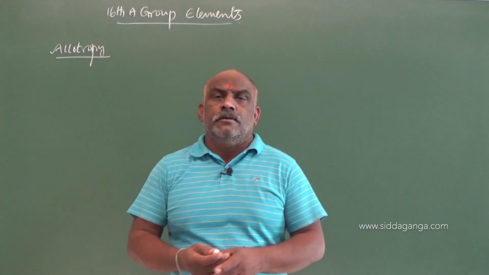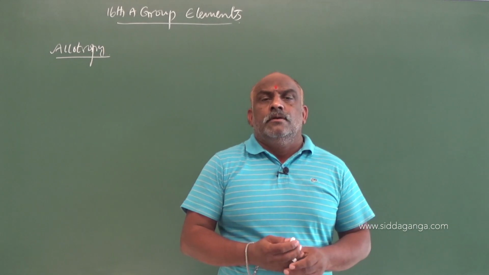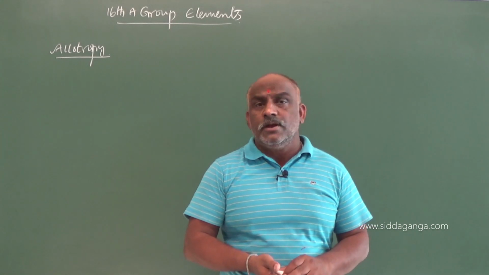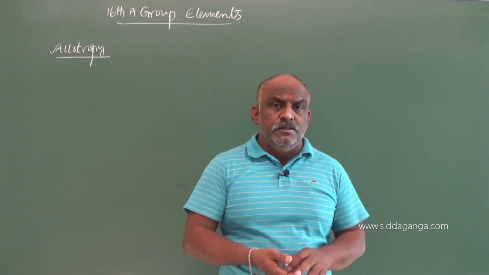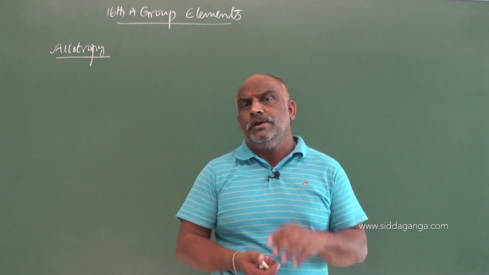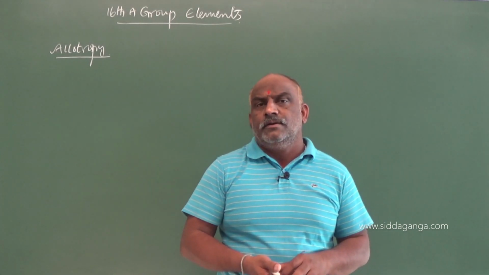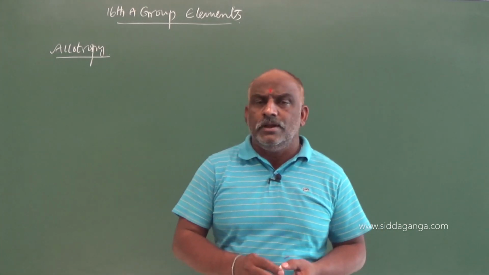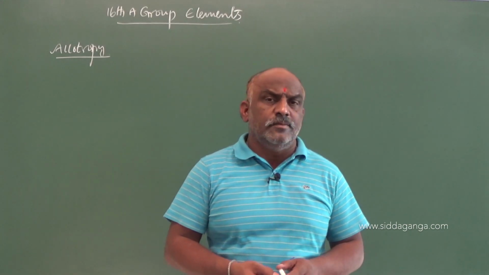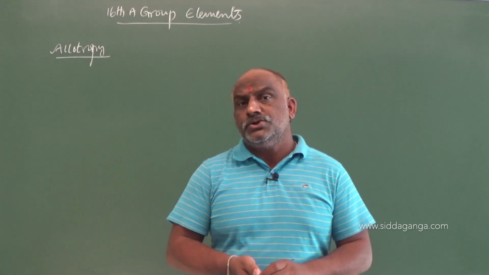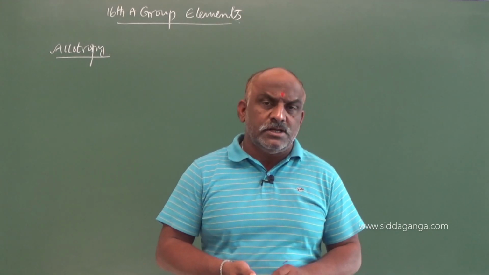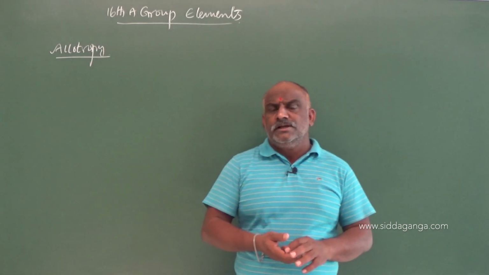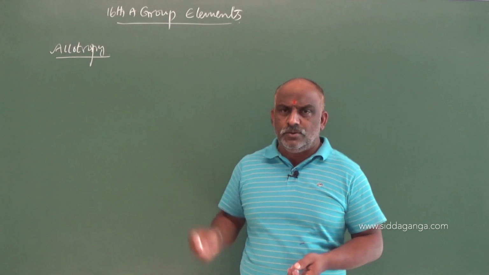Already we know that existence of more than one physical form, with the same chemical properties but different physical properties, the element should be one and only, is termed as allotropy. Already we discussed in 15th group elements, except nitrogen, remaining all elements exhibit allotropy. Nitrogen also shows allotropy in solid state, that is alpha nitrogen, beta nitrogen. Such type of exceptions are not there in 16th group elements.